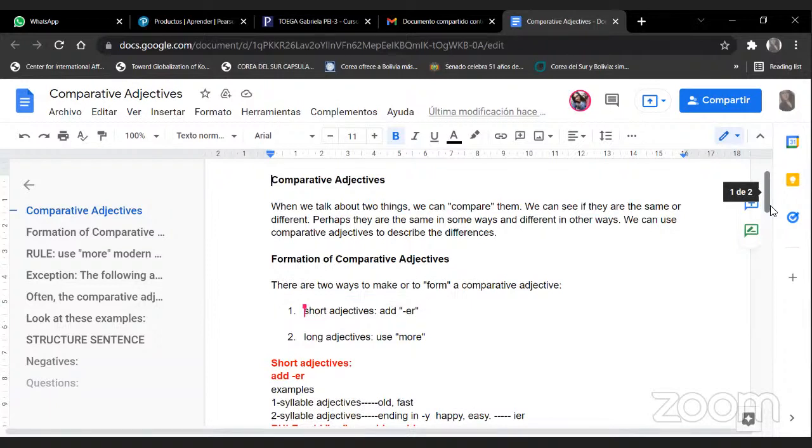When we have short adjectives and we want to compare one thing with another thing, we always have to put ER on the adjective. This is only for short adjectives, okay? But what about long adjectives? When we talk about long ones, we use more before the adjective, okay? So we will see how we recognize